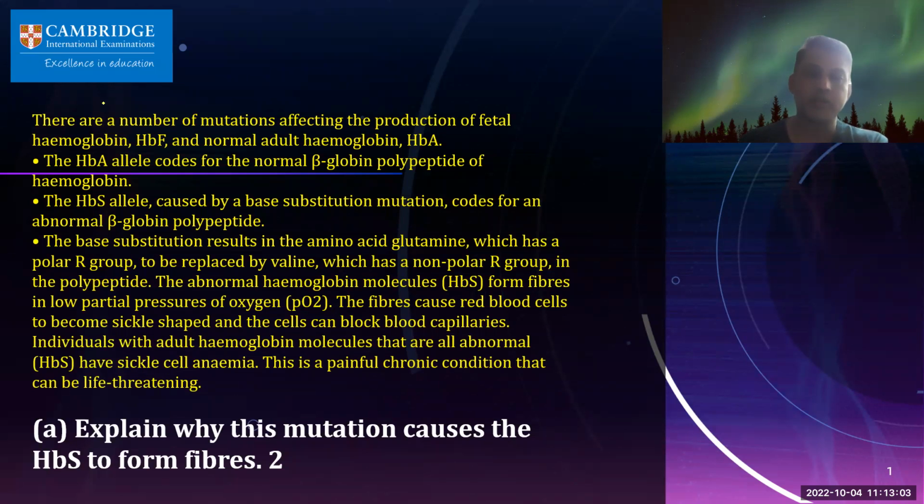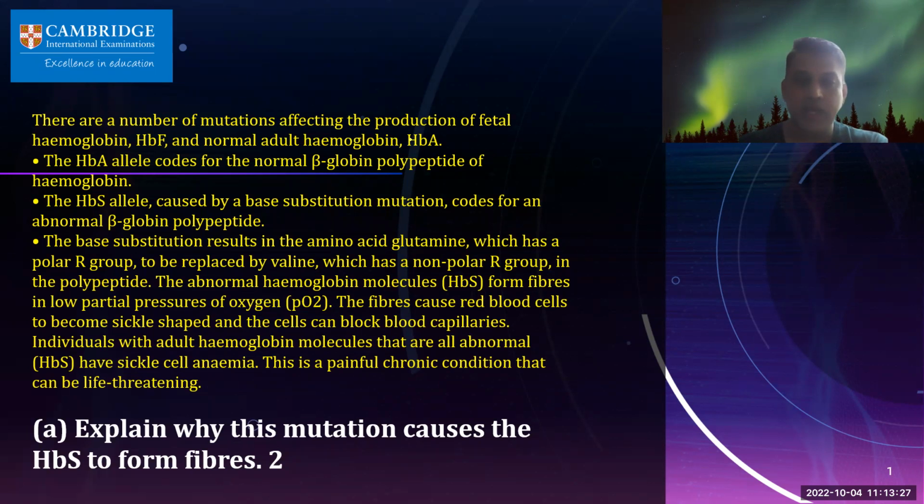Today we are going to do this question. This is from Cambridge Biology paper 4. Let's read the question. There are a number of mutations affecting the production of fetal hemoglobin, hemoglobin F, and normal